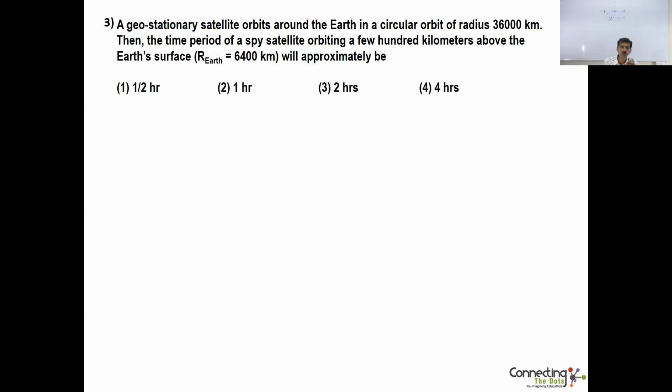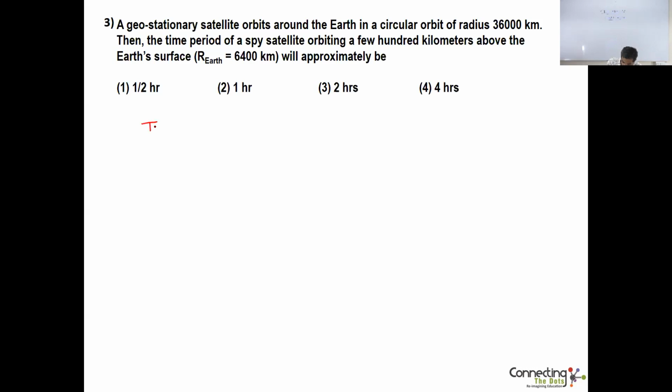And for the satellite to be geostationary, it has to be placed in orbit at a distance of 36,000 kilometers from the center of Earth. Only when it is at that distance, its time period will be 24 hours and it becomes geostationary. Now, if a different satellite, a spy satellite, is only a few hundred kilometers above Earth's surface, then how long will it take to complete one orbit? That's the question. So it's fairly easy to do using the same equation that we used in the first question,